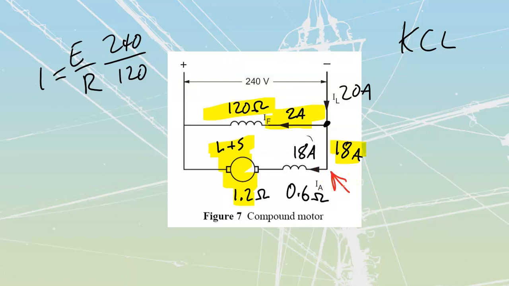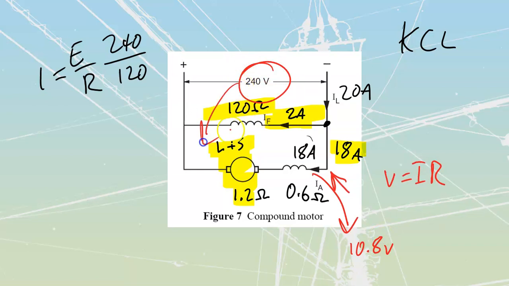We can do that easily enough to figure out what we have left across my armature. Looking at this, I've got 18 amps going through 0.6 ohms of resistance. V is equal to I times R. I'm going to take 18 amps multiplied by 0.6, which gets me to a value of 10.8 volts. So I drop 10.8 volts from here. Well, if I had 240 to begin with, and I drop 10.8, that leaves me at a value of, now going across here,